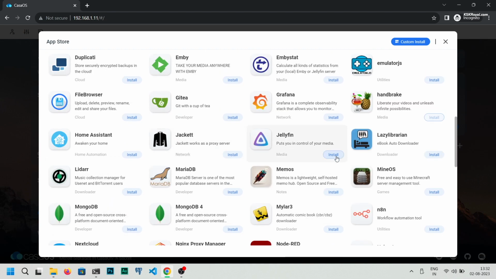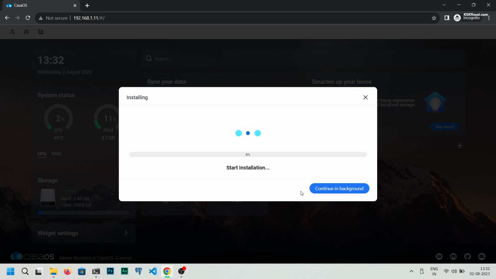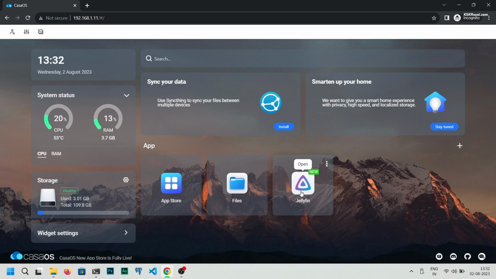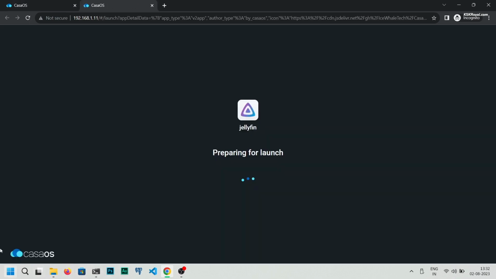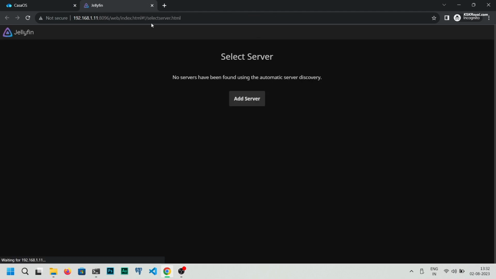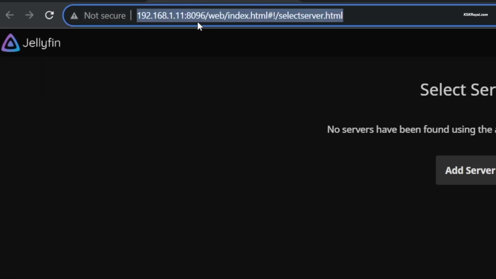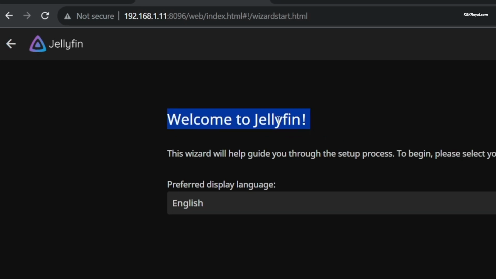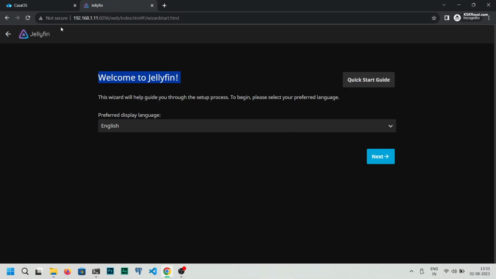To do so, locate the Jellyfin application and click on Install. The setup will be completed in just a few seconds, and then you can access the Jellyfin server through the application. The Jellyfin server is running on port number 8096 and can be accessed from any device within a network.